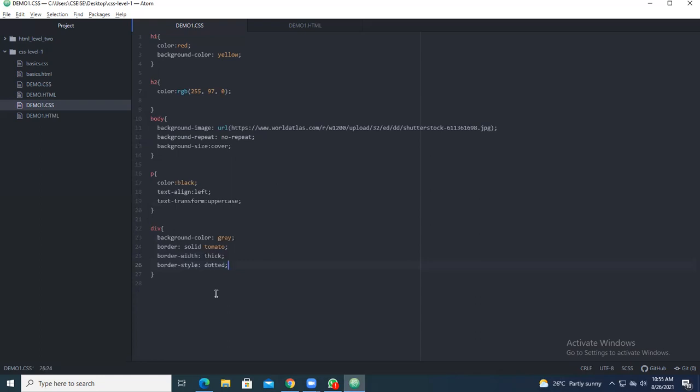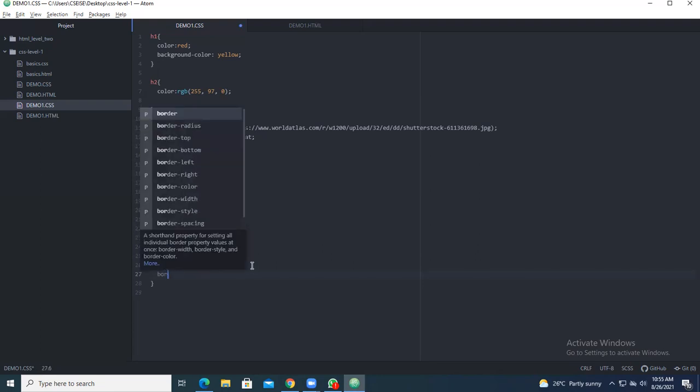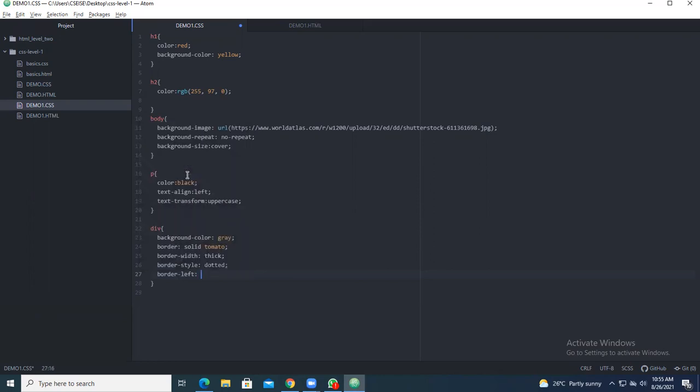So like that you can have background also. So border style is given. Next you come for the next parameters. You have to try each and everything. So border left. So border left you give, border left of green. So you give green. Okay. So border left, you should get.